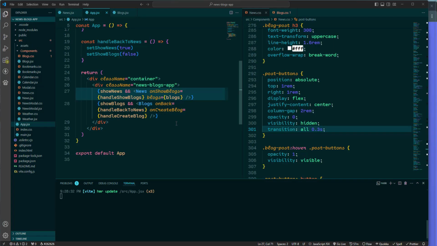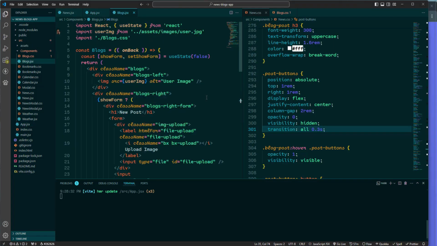Next, I'm going to move to the Blogs.jsx file, where we will handle the image upload and form submission for creating new blog posts. First of all, we have to insert in the Blogs function prop onCreateBlog, which we pass to the blogs component in the App.jsx file. So we have to pass here onCreateBlog,